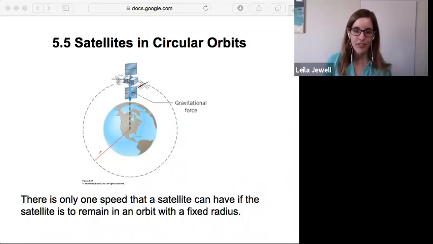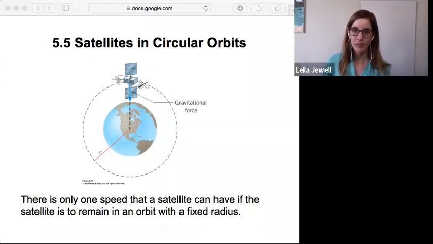Section 5.5, satellites in circular orbits. If you have a satellite, it turns out there's only one speed it can have to remain in orbit with a fixed radius, at a single circular path. We can calculate that speed using Newton's second law and the force that keeps it in circular motion, which in this case is the gravitational force pulling the satellite towards the Earth as it moves